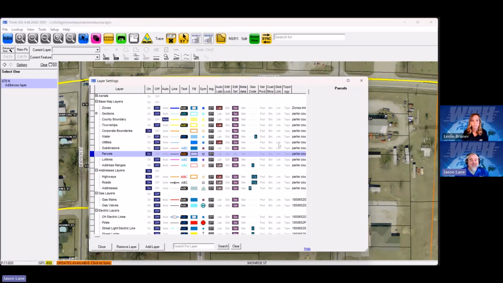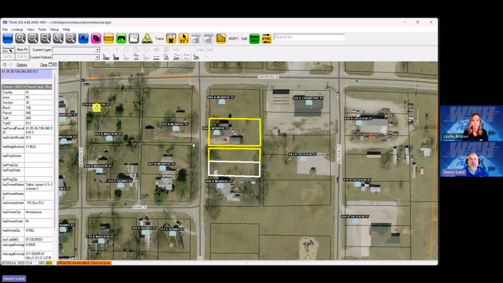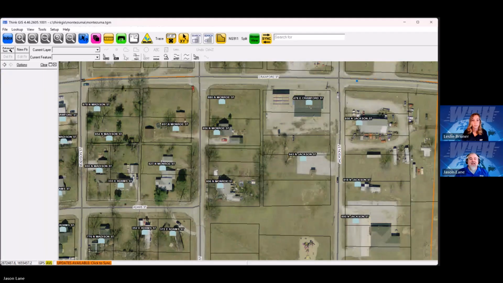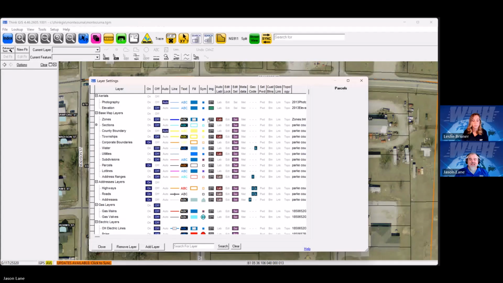And Leslie, as you mentioned, photography. That is, here I'll check that again. So now if I come out, I can click on parcels. Aerial photography should always not be selectable. Yeah,